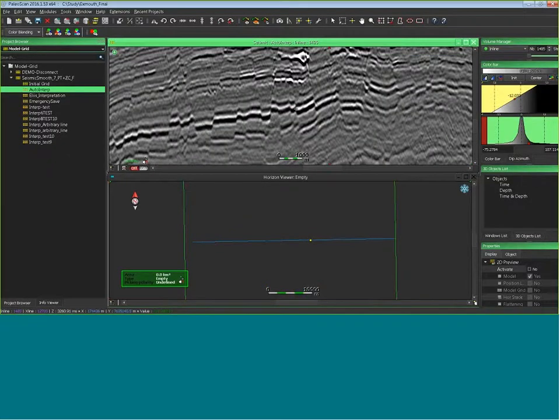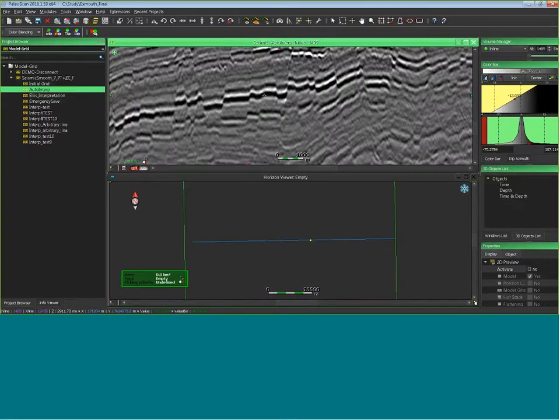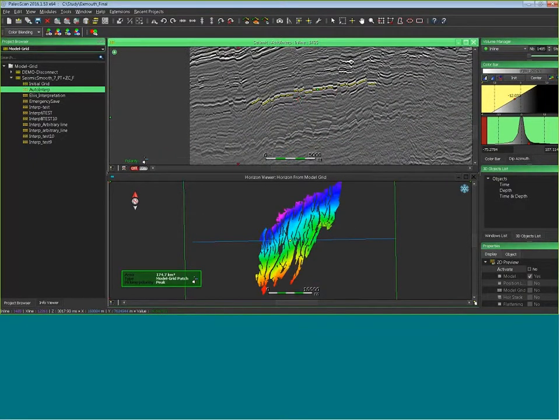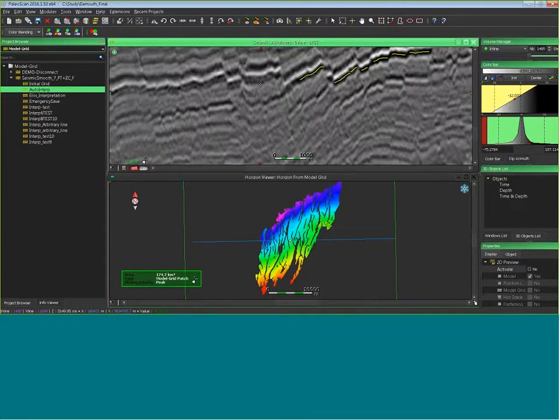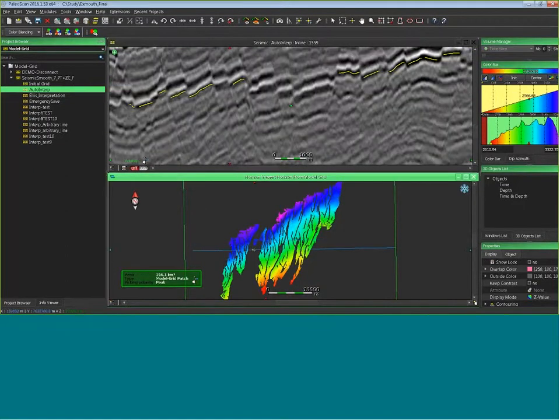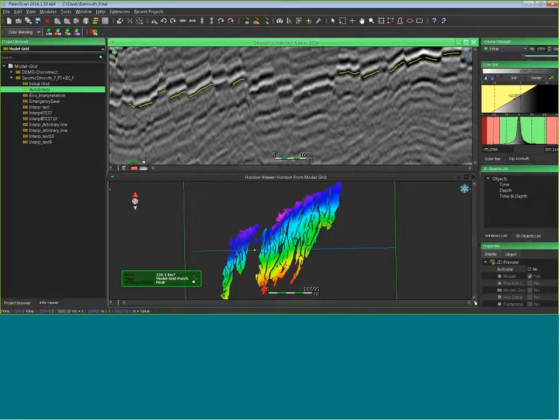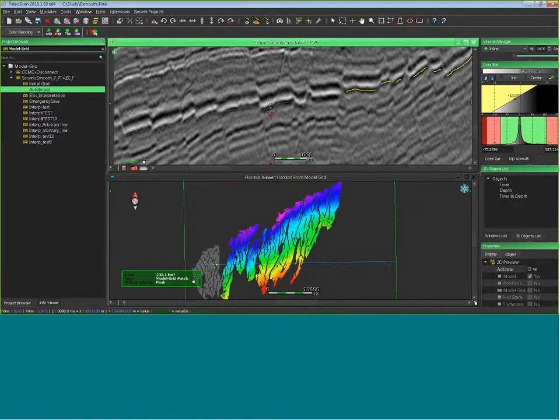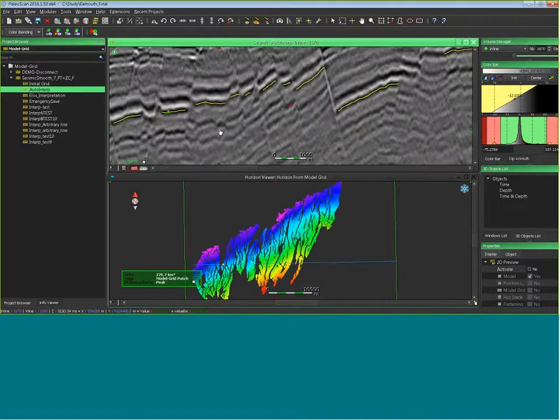If I try to interpret this area, for example this one, due to the faults, as you can see, my interpretation is split in different areas. I can just put my seed and try to connect all these patches of horizons together, like this.